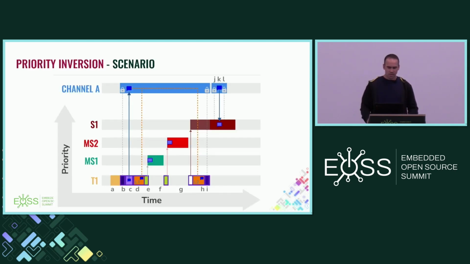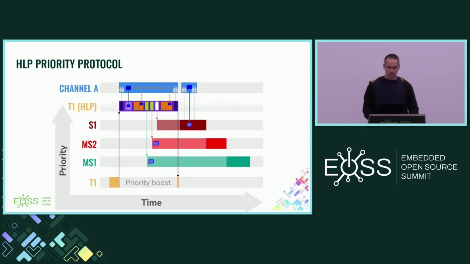And that scenario becomes this one, which is when T1 tries to publish to the channel, the VDED will elevate T1's priority to a higher priority than S1, and everything goes really smoothly, right? We don't have priority inversions, preemptions, or anything, right? And after that, the highest priority thread will consume the message. So S1 is the first one to touch it, and then MS2, and then MS1, okay?